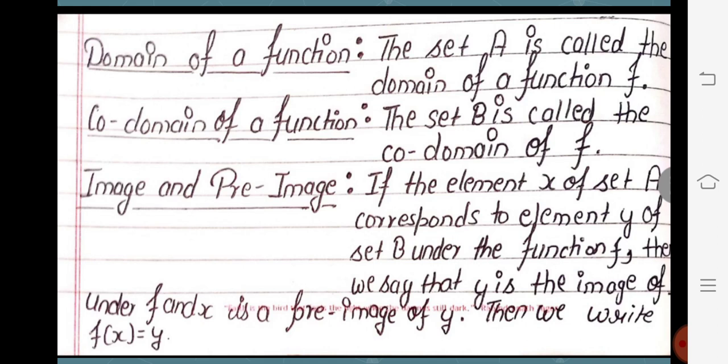Image and pre-image. If the element x of set A corresponds to element y of the set B under the function f, then we say that y is the image of x under the function f, and x is called pre-image of y. Then we write f(x) = y.